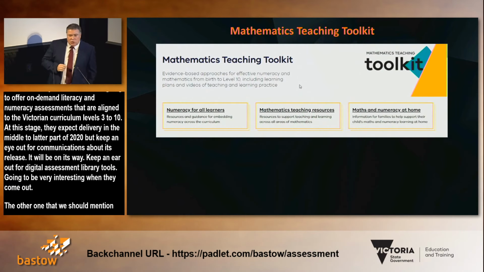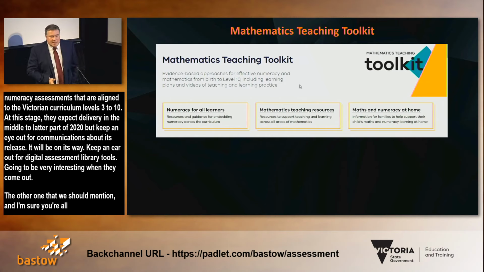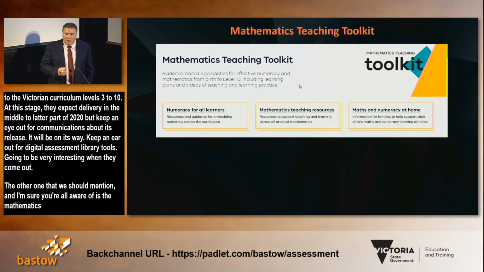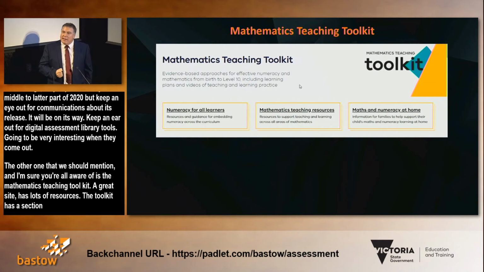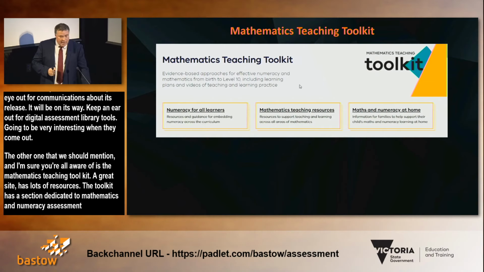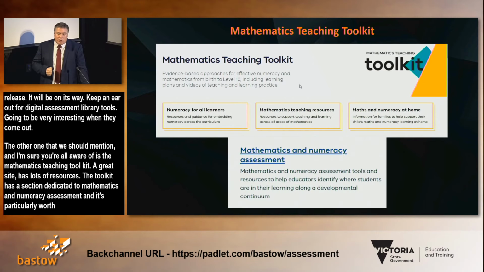The other one that we should mention, and I'm sure you're all aware of, is the Mathematics Teaching Toolkit. Great site, hosts lots of quality information and links to resources to aid in the teaching of mathematics. The toolkit has a section dedicated to mathematics and numeracy assessment, and it's particularly worth checking out.